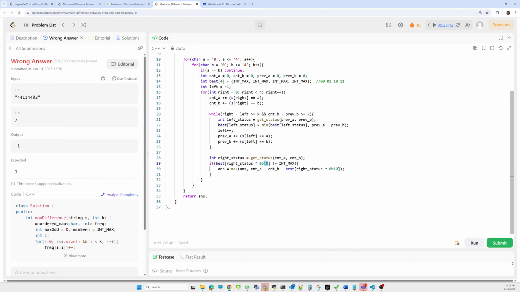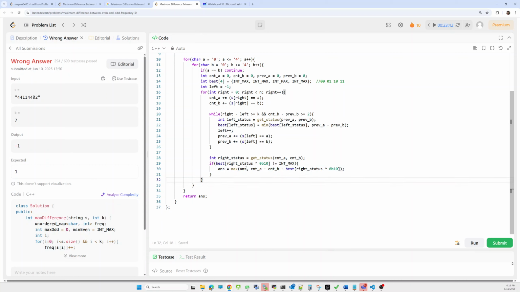Because we are interested in 10, we are able to jump to the 10 state from its opposite one. So whatever the right status is, XOR with 10 will give me the opposite state. If it is valid, then we have to update our answer.